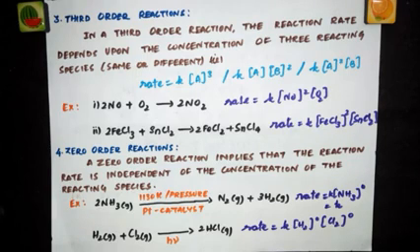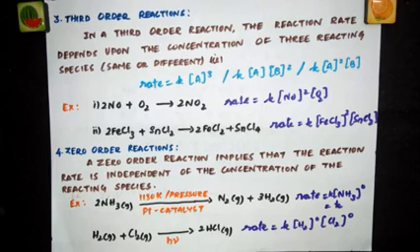So far, all the reaction orders that we have been learning, like first order, second order, third order, we considered these reactions to be proceeding in a single step. And the order of the reaction is the sum of the coefficients of the different reacting species. Such reactions which take place in just a single step are called elementary reactions. But certain chemical reactions may also proceed in more than one step. I've told you in the previous video about multi-step reactions.